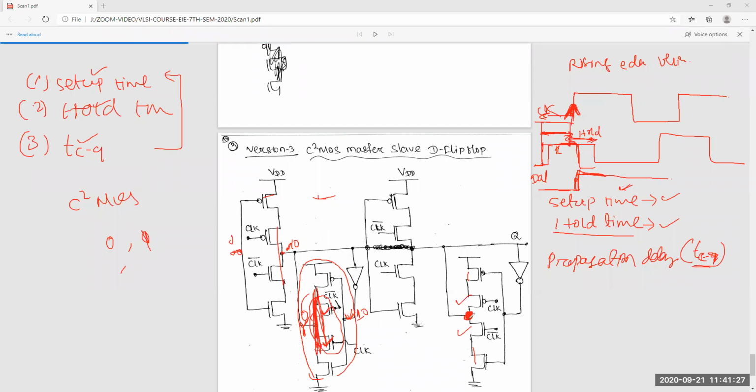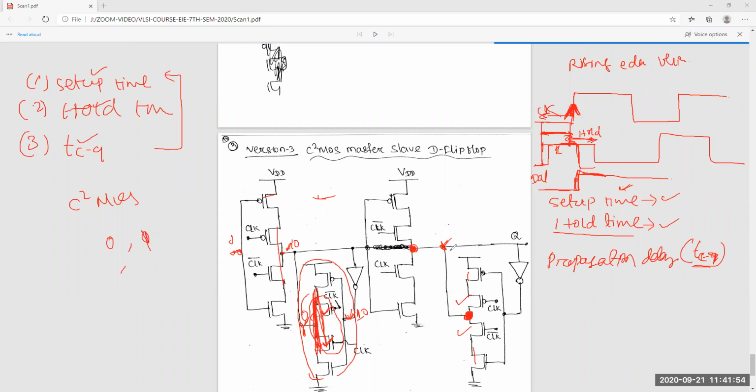Then will that affect the circuit? No, that will not affect. It depends upon this value, so that will be there. The highest priority is this output, so this will not change this value.